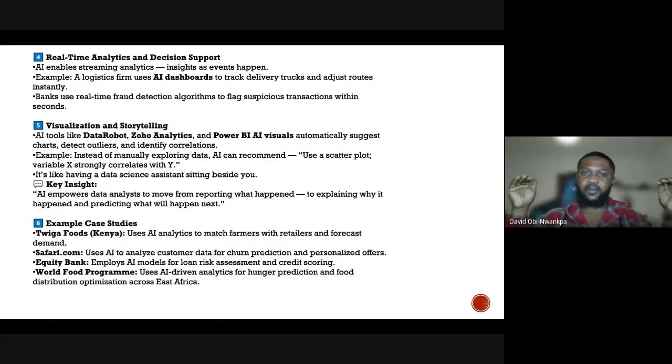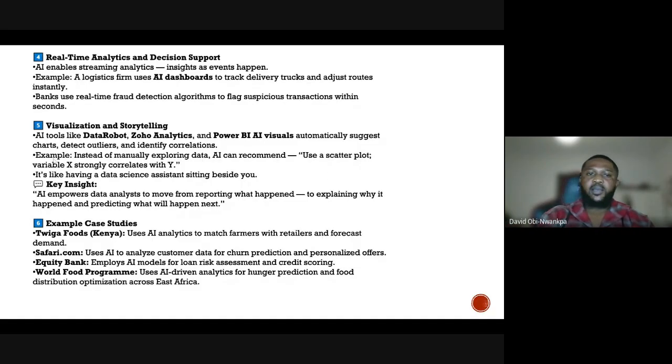You explain critically. So AI can help with tools like DataRobot, Zoho Analytics, and Power BI AI visuals. They automatically suggest charts, they detect outliers, and identify correlations. So this is a major example of the tools that can be used for visualization and storytelling, and they should be given trials if we've not been trying them.